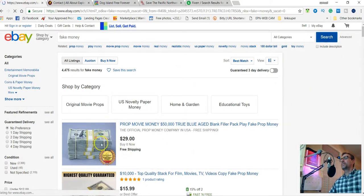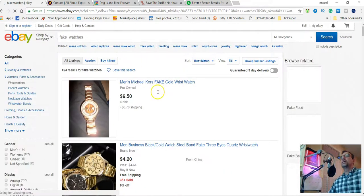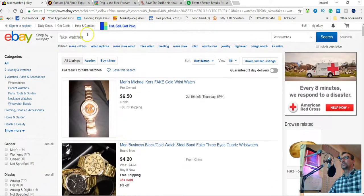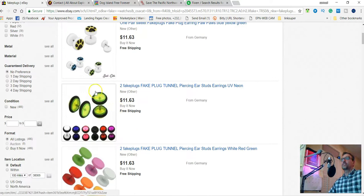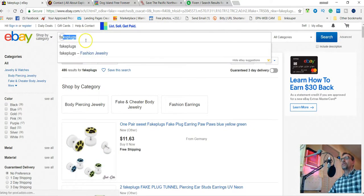I've typed in fake money. So you can do this for just about anything. You could go with fake watches. And you see all these Rolex looking type watches. You just got so much fake stuff out there. It's fake plugs. Let's see what that is. So the people even fake their earrings. So yeah, just be aware of